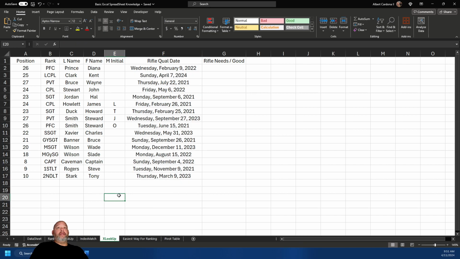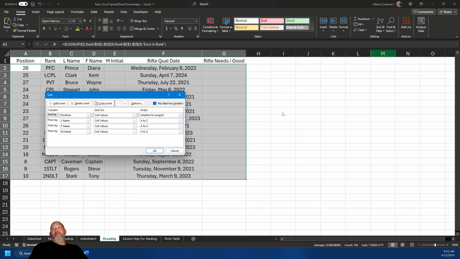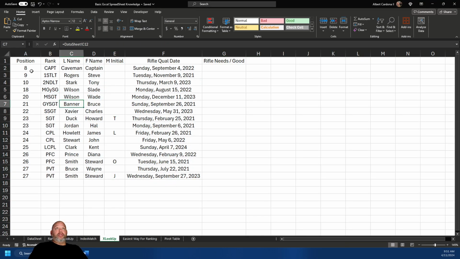And that is why we're also going to do the easiest way to do this, because that was three and a half minutes with explanation. The last thing we want to do here is custom sort, which probably has some more. And this is exactly what we want: position, last name, first name, middle initial, etc. So there you go. We have everything working, and more than likely we're going to hide this, maybe make it